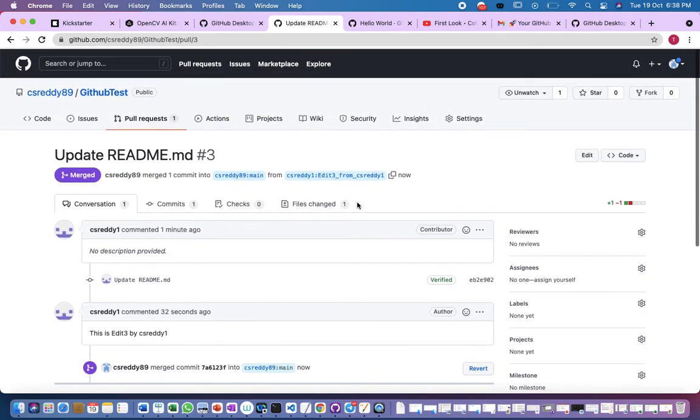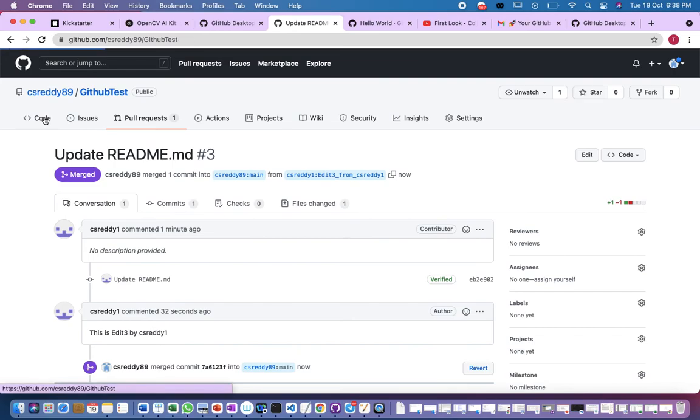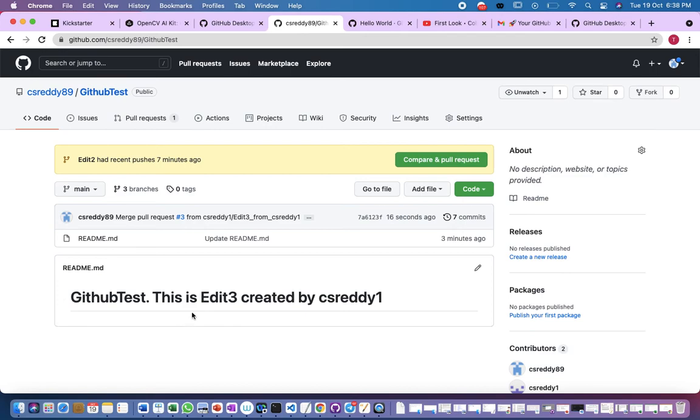Let us see whether the changes are reflected in the main branch or not. As you can see here, in the GitHub test, this is edit3 created by csready1. We are in this account, but the changes made by the other, second person, we are able to approve and get reflected in our main branch. In this way we can do collaborative work.